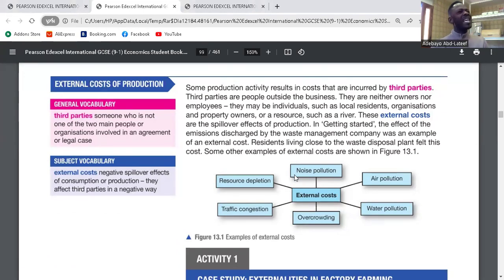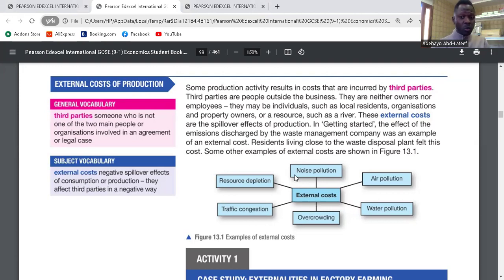So we call it external cost because it's the cost to those who are not involved in that decision. So it's a negative spillover. I'm sitting down lonely here, minding my own business, but your action or inaction has affected me. That is externality. If it is positive, I'm benefiting from it, it's an external benefit. But for cost, it means your action or inaction has cost me what I never budgeted or planned for. Is it clear? So examples are pollution,